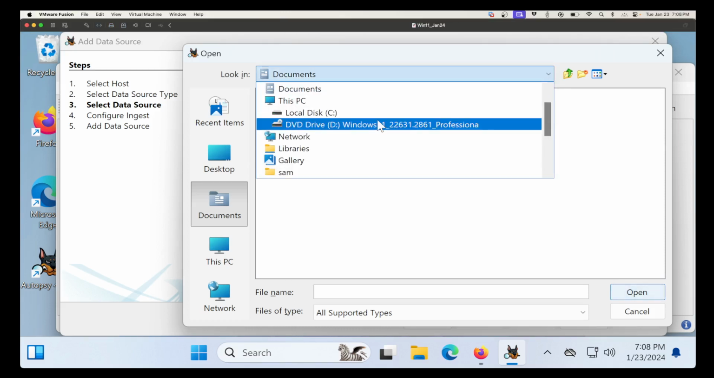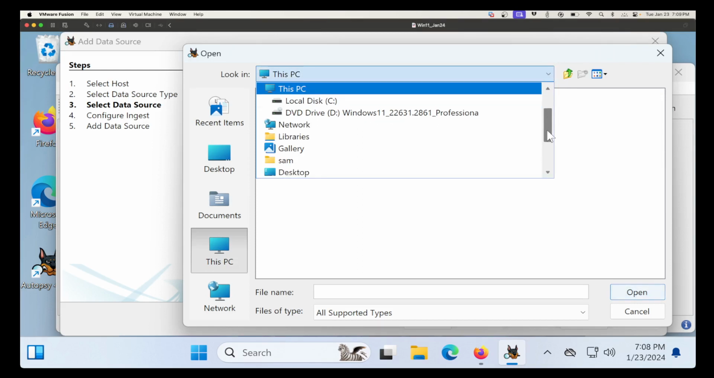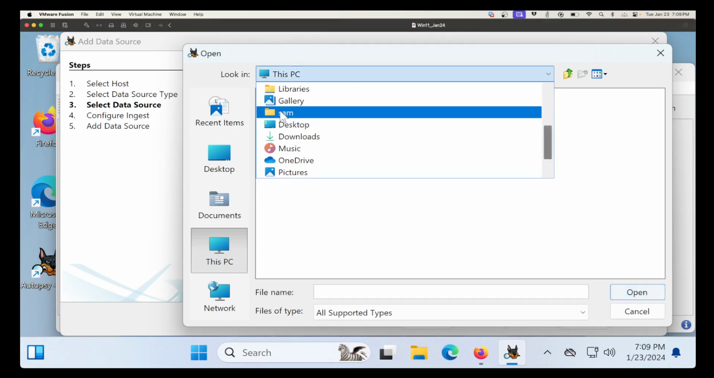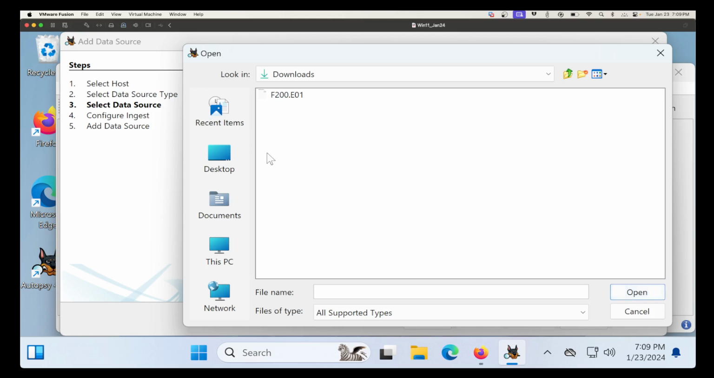Right. Microsoft always has to make it hard. I don't know what they think I'm going to do. There, downloads. Okay, fair enough. Anyway, I don't know why they make it so hard to find the downloads folder, but there it is, F200.E01. That is my evidence file